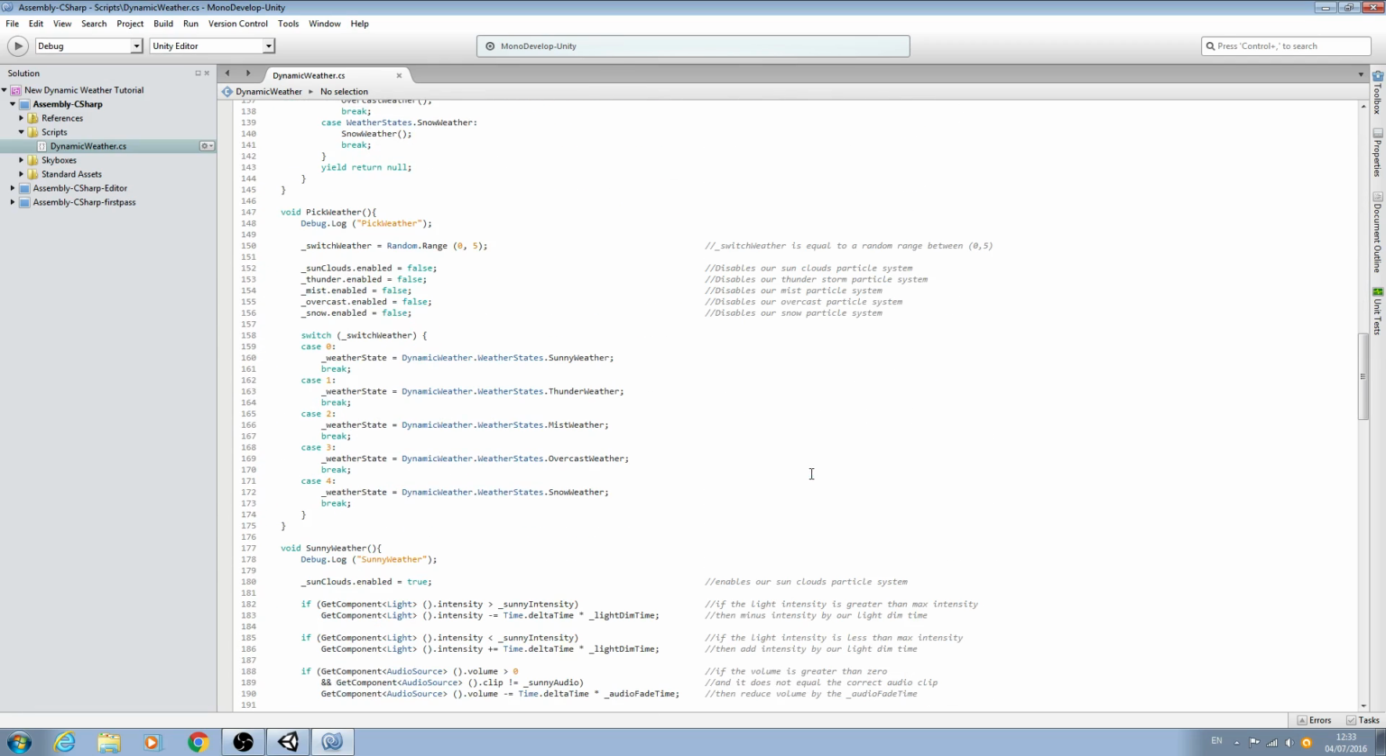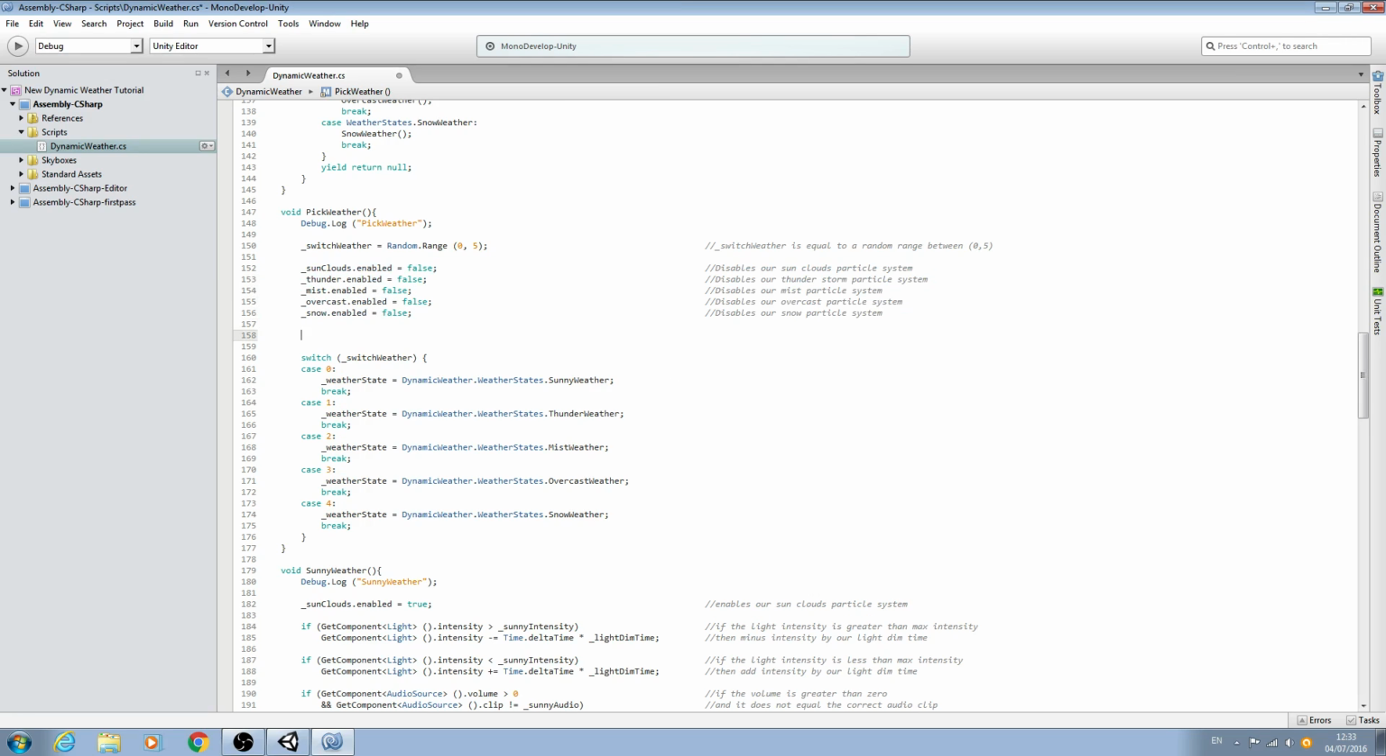Now the first thing we need to do is come to the pick weather function, and what we're going to do is disable each state the same way in which we disabled the particle systems here. I'll just come below and we'll say underscore, and we want the sunny state. This time we can just say equals false, close the line off, and we'll put it into the comments. So we'll say set sunny state to false,